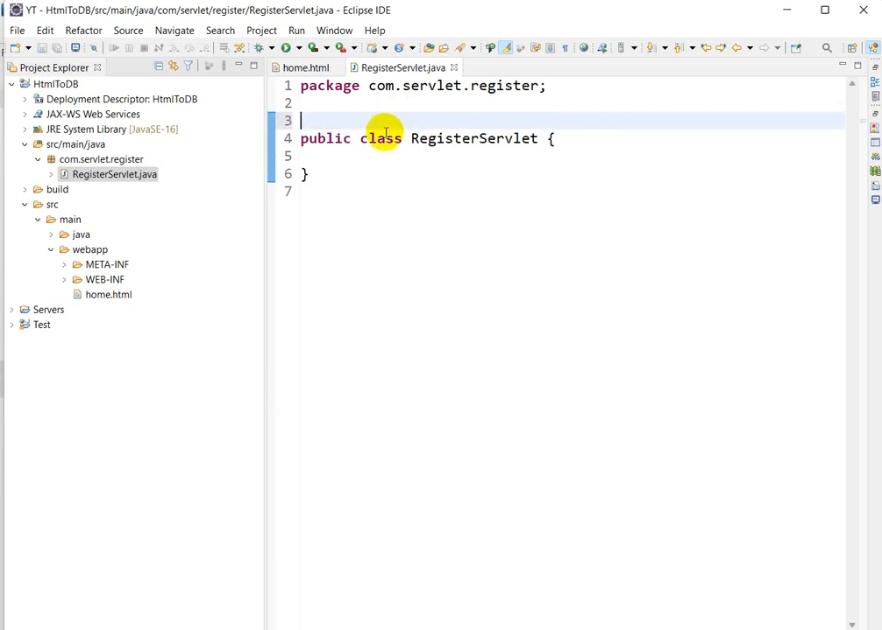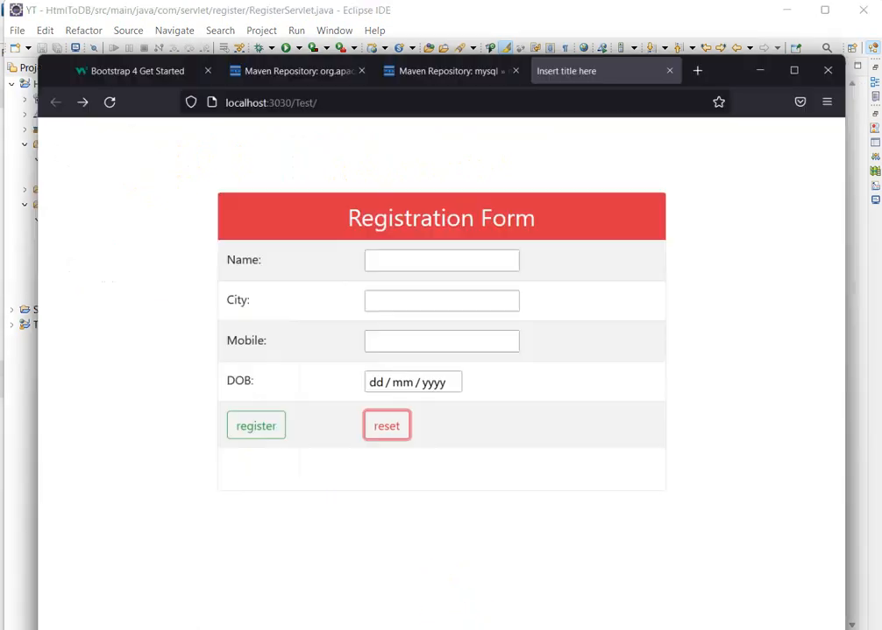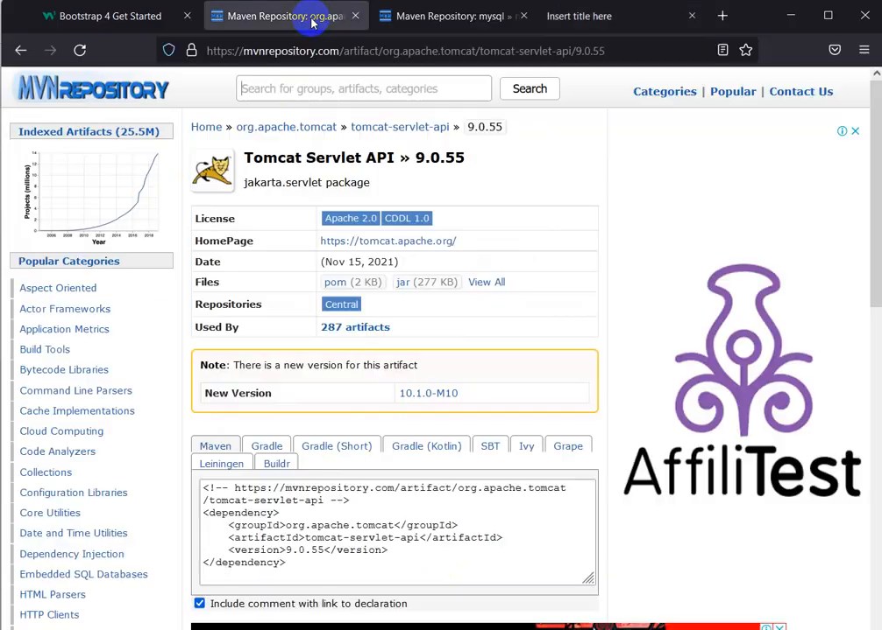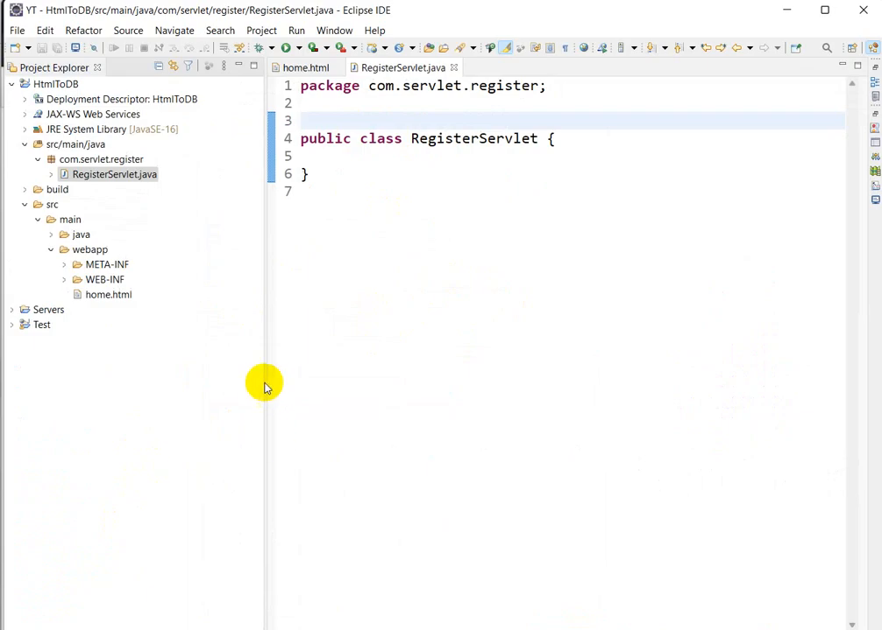So here, before writing the logic for the servlet, what we have to do is, you require this Tomcat servlet API for using the HttpServlet in our project. So you can go to this website. I will give the link of that website in the description. You can download this jar. I have already done that. After downloading, what you have to do is,